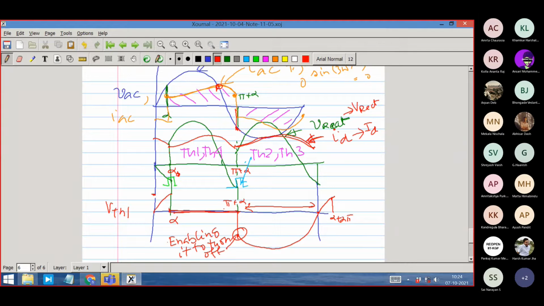What is the special requirement? Do you know what is the special requirement? How is it quantified? Once the thyristor turns off, what has to happen to it? It has to get a negative voltage, right? And what is that condition? How long should it get that? There is a special parameter for that. Yeah, TQ time. That is called TQ time.